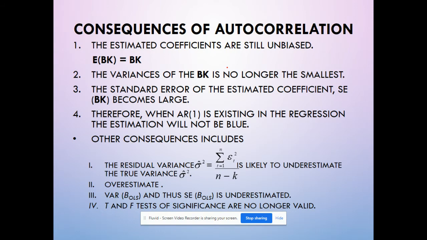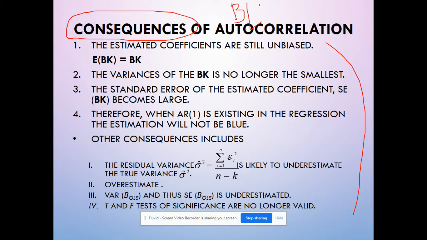We move to the second part, part 2. What are the consequences of having autocorrelation? The consequences means what will happen if there is autocorrelation inside the regression? Right, you still remember this one is very much related to BLUE, which is best linear unbiased estimator. It must be linear, it must be unbiased, it must be efficient, it must be consistent, right? Basically, that's 4